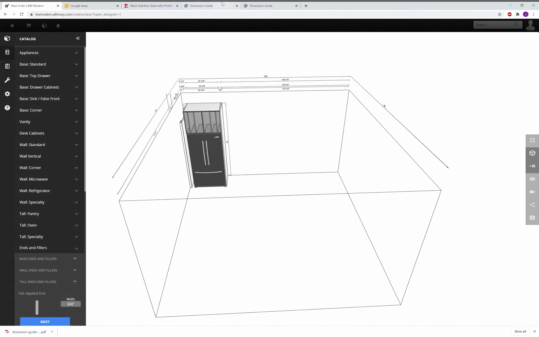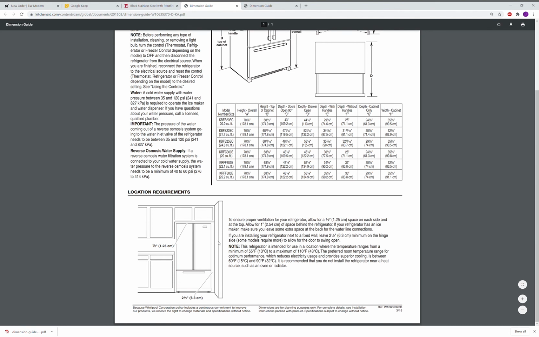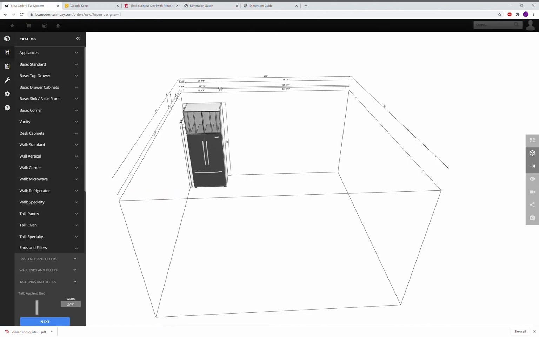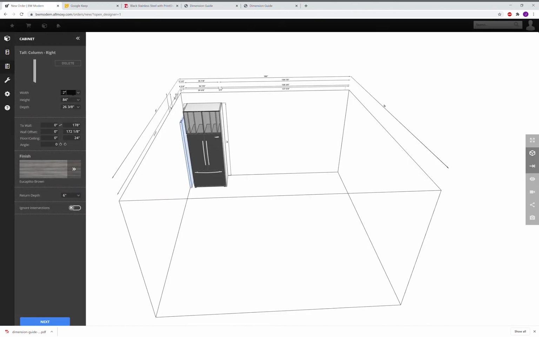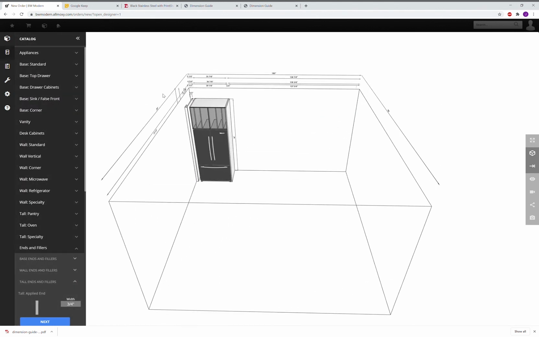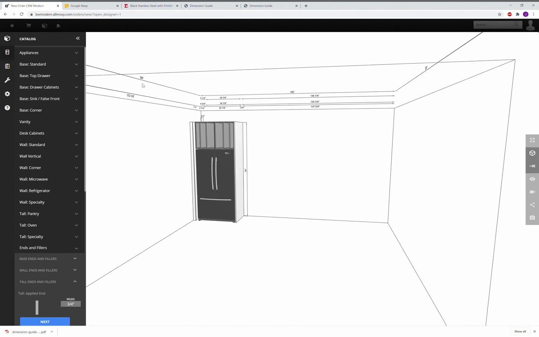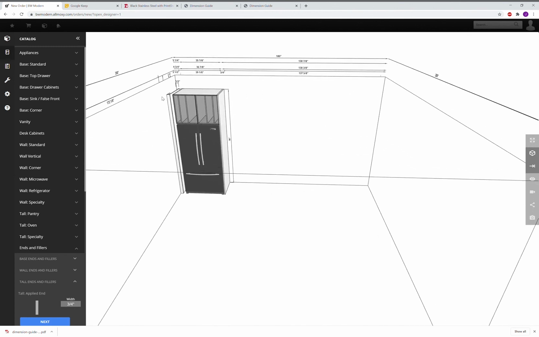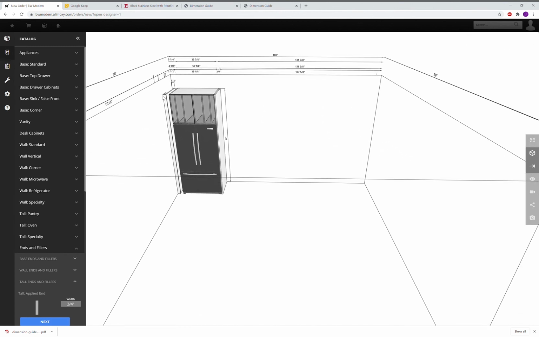and I'm going to go back to our product specification and see that it needs to be a minimum of 2.5 inches. So I'm going to make it 2.5 inches, and then I'm going to make it 96 inches, the 8 feet tall that we determined we want all of our cabinets in our kitchen to be. And now I've got that column spacer part there in the designer, which is going to space the distance off of this wall that